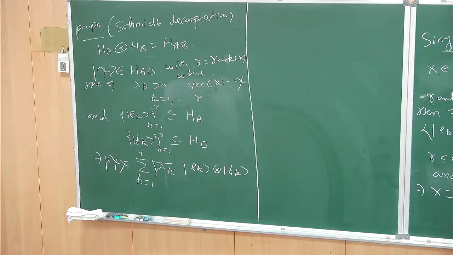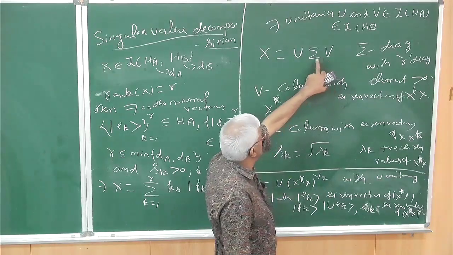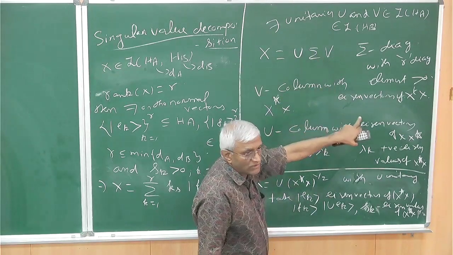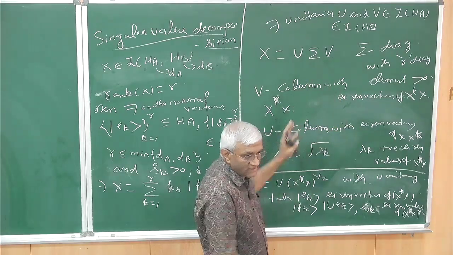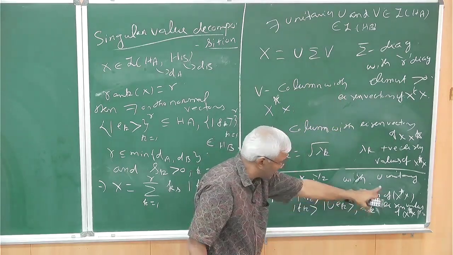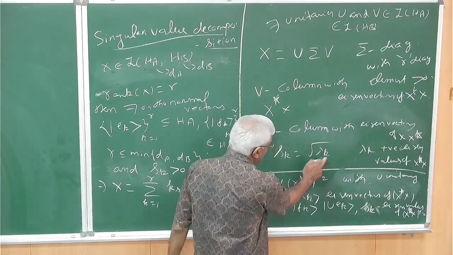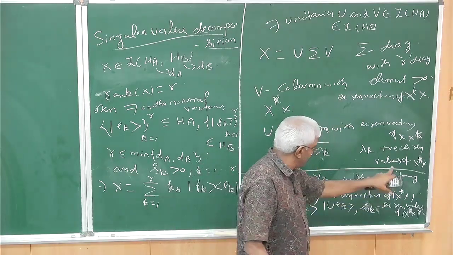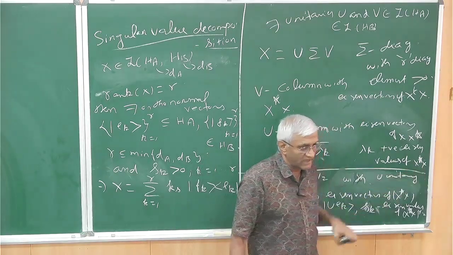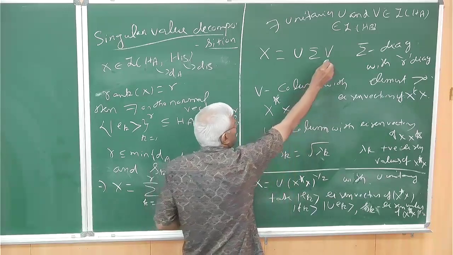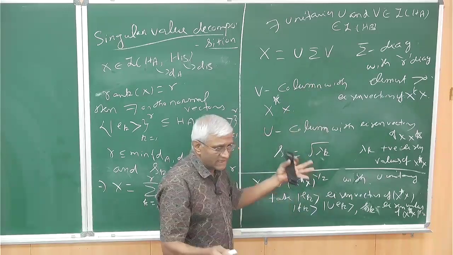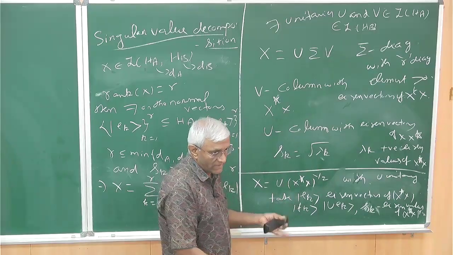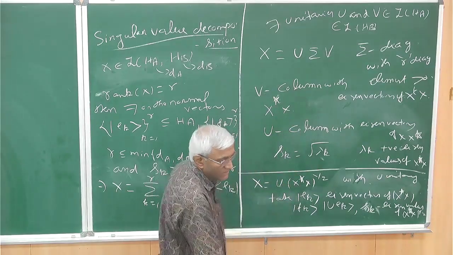You have the unitary v acting on that. Then these are the eigenvalues of x star x. It's just the mod of x, which is x star x power half. I'm taking the square root because here I'm stating it as the eigenvalues of x star x. You can take the eigenvectors of x star x and x star x power half, both are the same. So you can take anything you want.